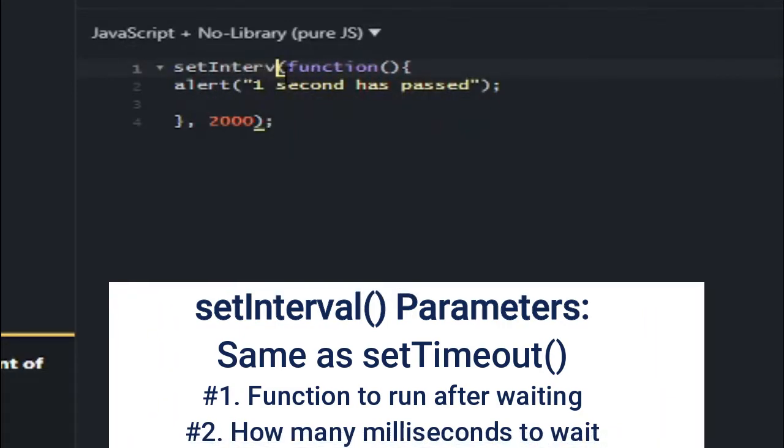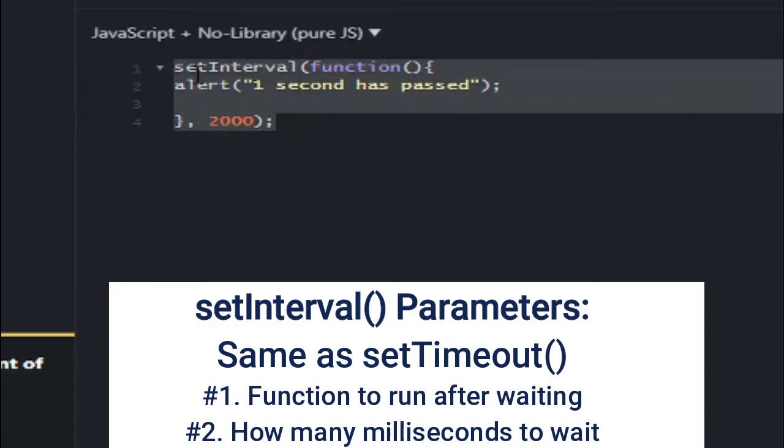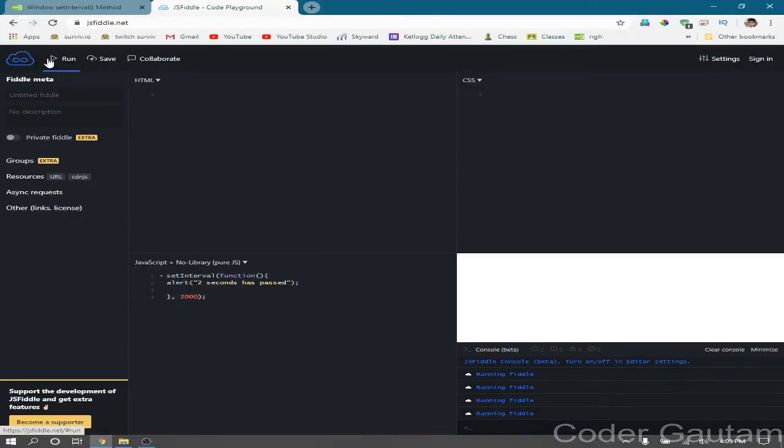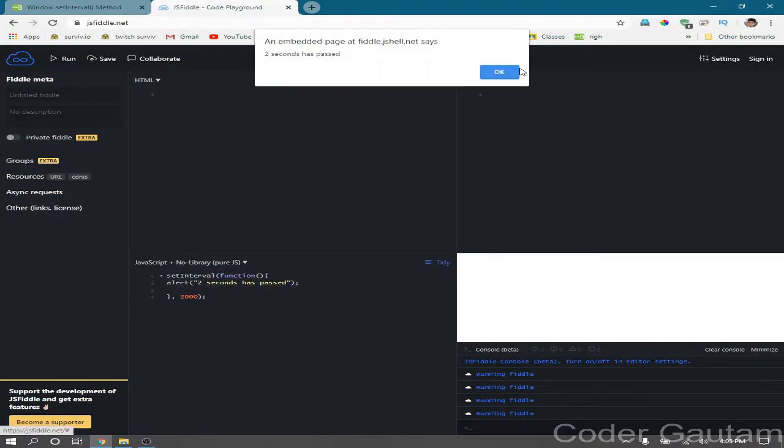So setInterval, like that. Always make sure the I is capitalized. I usually make mistakes like that, and it doesn't work if you put your I like this, so just to avoid bugs. So anyways, basically what this will do is that every 2 seconds, so let's change this to 2 seconds, it will keep on doing this alert. It won't just stop once, but keep on doing this again and again. So we can wait 2 seconds, and then again, 2 seconds later, again,